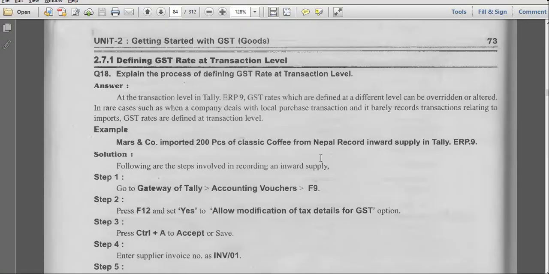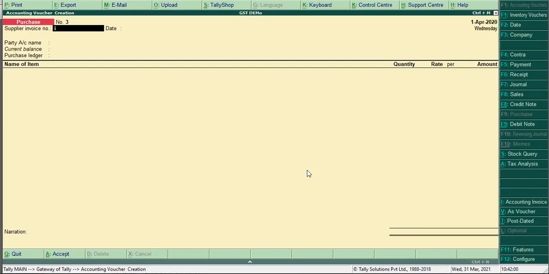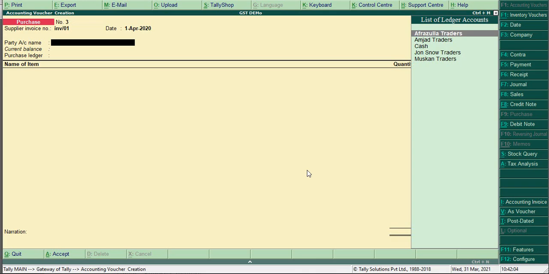Then what is the supplier invoice number? Do we have an invoice number here? INV by 01. INV by 01. What is the party name?